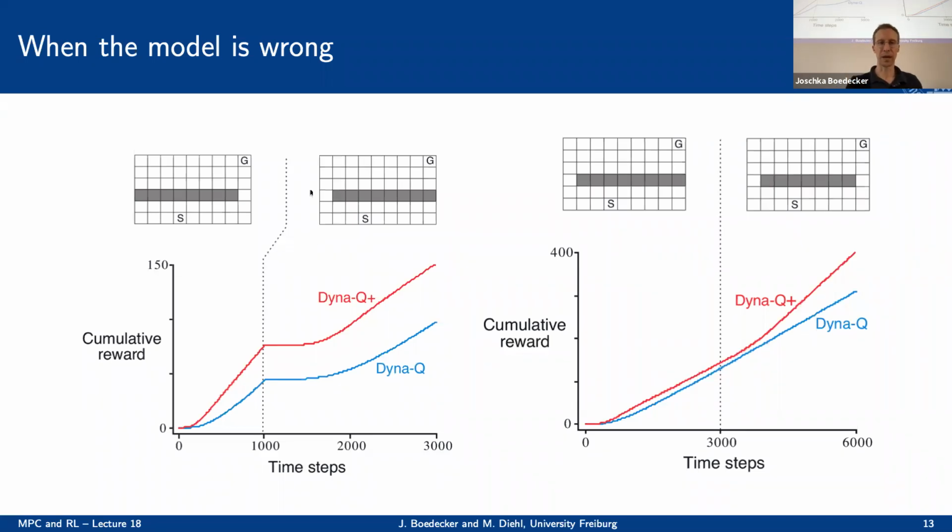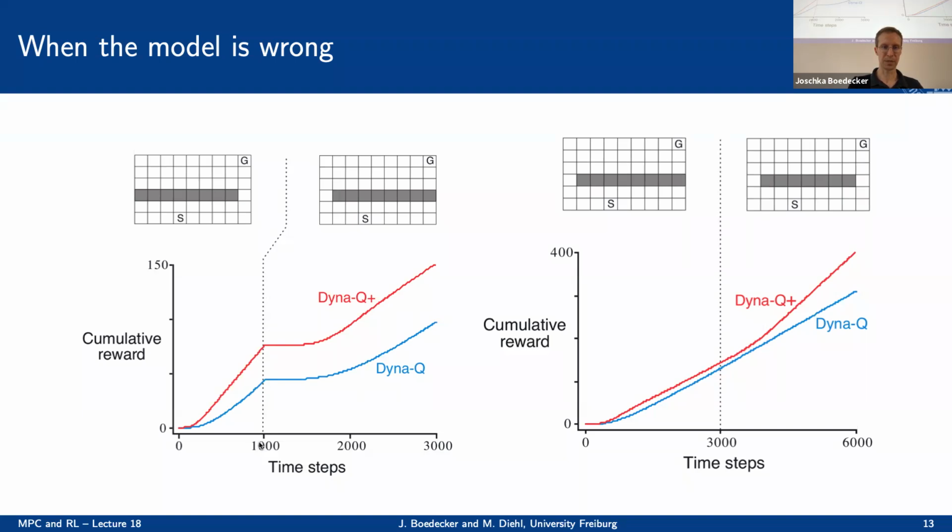So on top you have these little grid worlds again. You have a starting state and a goal state, and in this case there's a wall blocking almost the whole passage, but only at the very right there's a gap where the agent can come through. And it needs some exploration, of course, to find that. And you can see that DynaQ Plus is faster in doing that compared to the regular Dyna that doesn't have this incentive, this exploration bonus. So it's faster in the beginning, and then